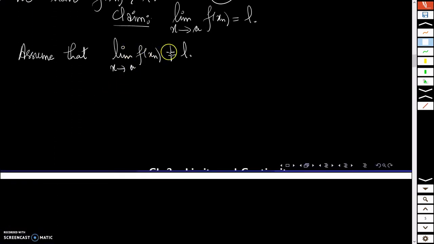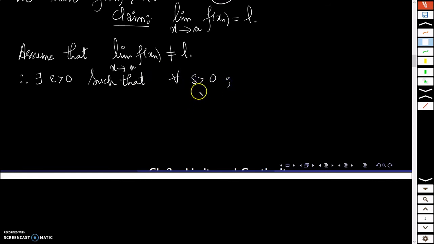So limit of f of x as x tends to A is not equal to L, right? So therefore I have to negate the definition now. So there exists an epsilon greater than 0 such that for all delta greater than 0, that condition will not work. Okay, so there exists epsilon positive such that for every delta positive,